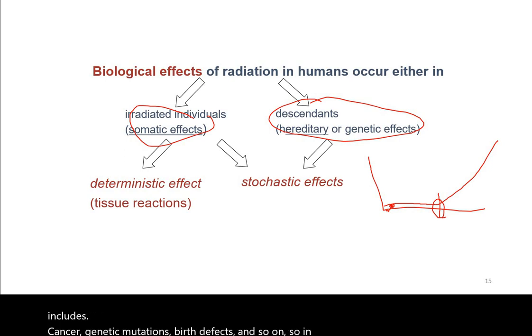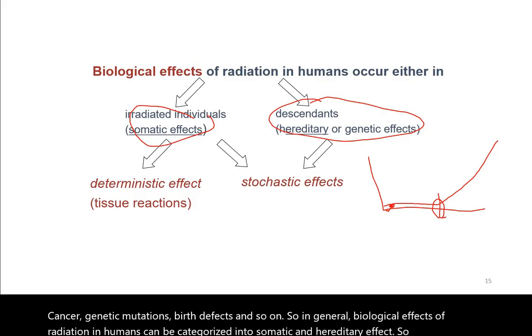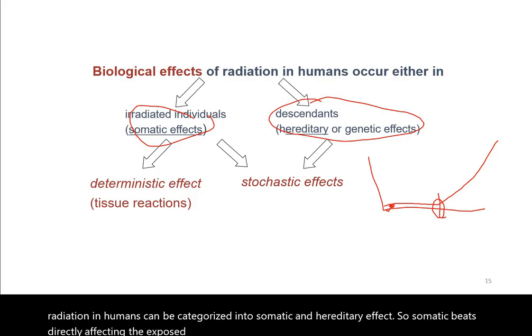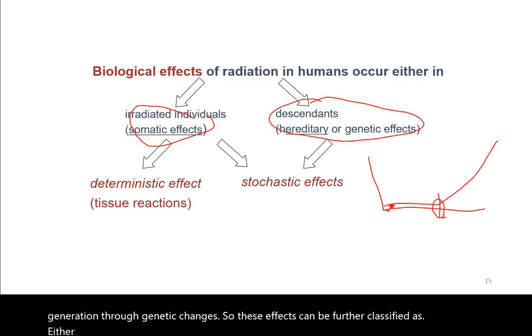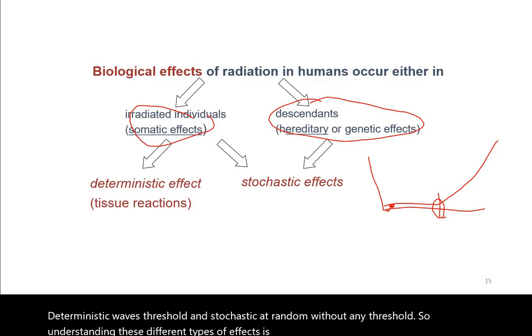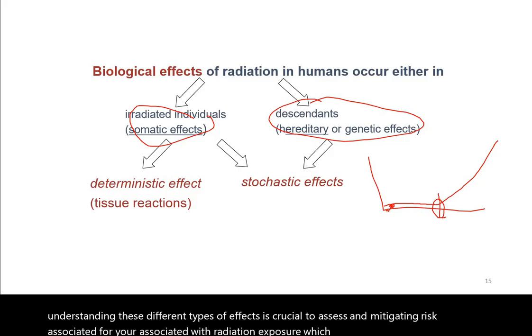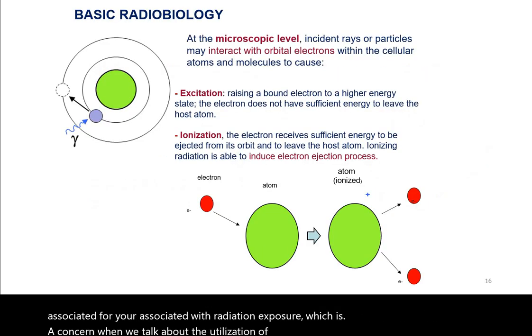So, in general, biological effects of radiation in humans can be categorized into somatic and hereditary effects. Somatic means directly affecting the exposed individuals, and hereditary effects affect future generations through genetic changes. These effects can be further classified as either deterministic or stochastic: deterministic with a threshold, and stochastic at random without any threshold. Understanding these different types of effects is crucial to assessing and mitigating risks associated with radiation exposure, which is a concern when we talk about the utilization of ionizing radiation for treatment and